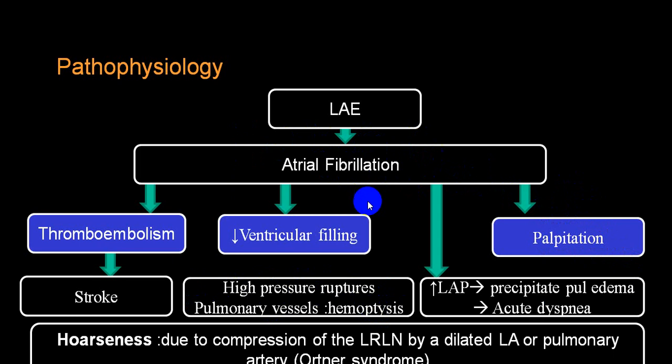And if it is acute severe fibrillation, you can have an increase in left atrial pressure which can precipitate pulmonary edema. Because of acute elevation of left atrial pressure, more commonly in severe mitral stenosis, you can develop pulmonary edema, which can have orthopnea, blood-stained frothy sputum, and the person can even develop cyanosis. And because of pressure effect on the recurrent laryngeal nerve, you get hoarseness of voice, called Ortner syndrome,